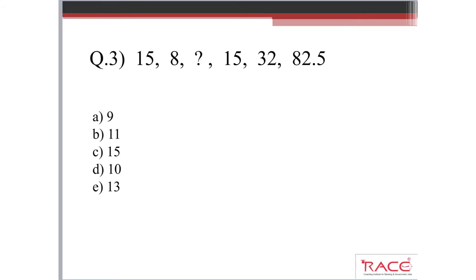Check it. So you can see here initially how to reach from 15 to 8. So if we multiply it with 0.5, what we get? 7.5. Then add 0.5. So we have two factors here. One is multiplication factor and one is additional factor. One value we are multiplying and one value we are adding. So we are multiplying first value with 0.5 and adding 0.5. We are getting 8.